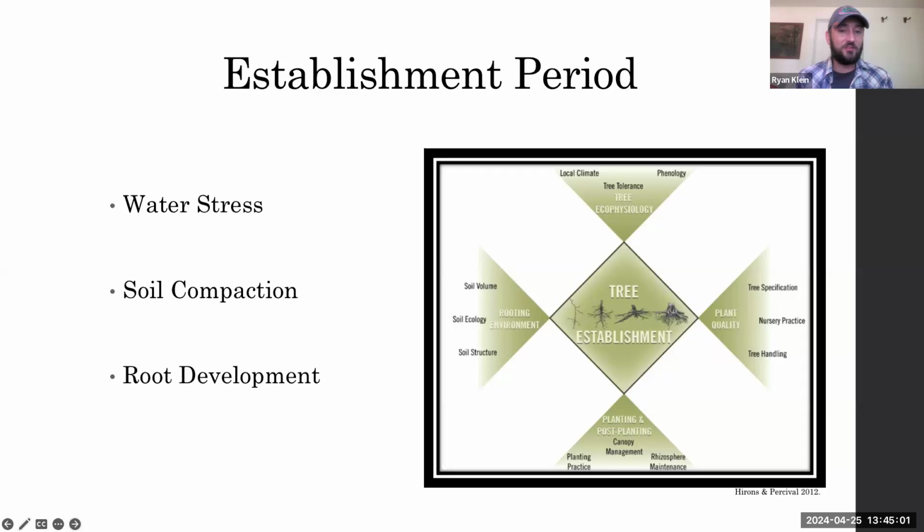And then you have soil compaction. This is also going to reduce growth and establishment, and this is kind of dependent on the soil type and moisture content as well. And then overall, when we're talking about root development, this is going to happen a little bit quicker in warmer soils, and colder soils it could take a little bit longer. So depending on the time of year you plant it, this might be slowed or halted for a little bit. But managing soil moisture and soil aeration is going to be the best way for you to promote healthy root development on your newly planted tree during establishment.